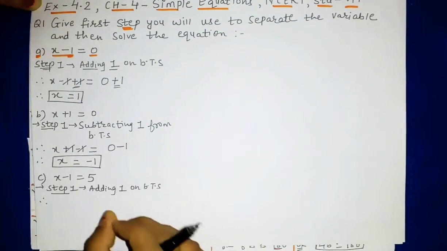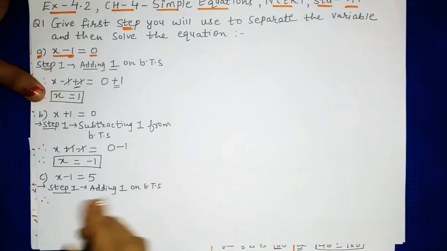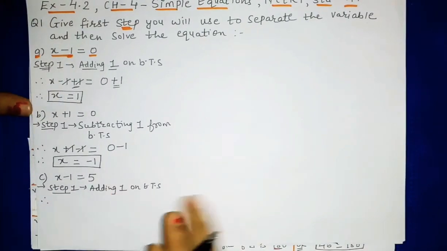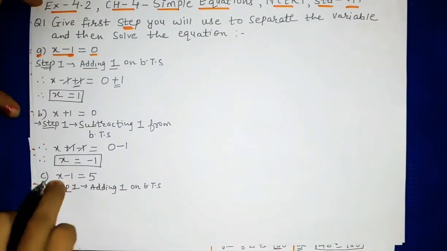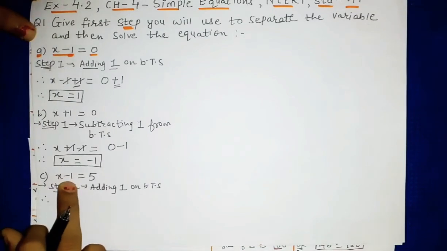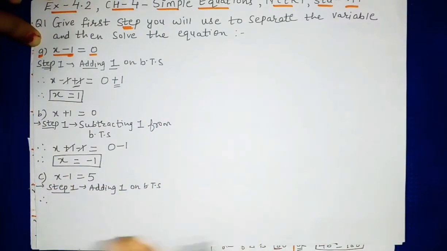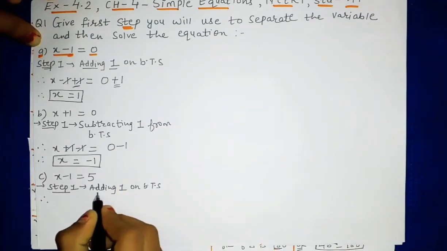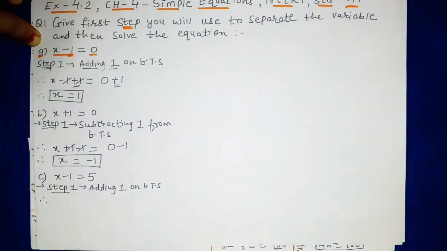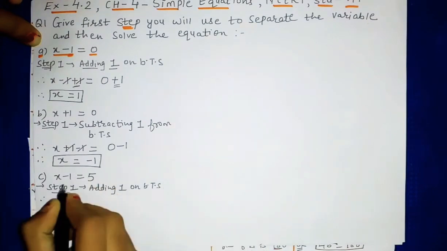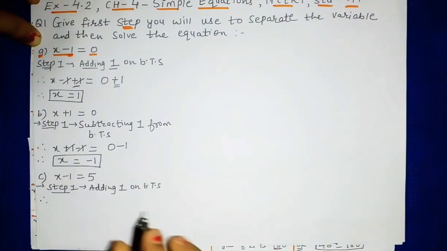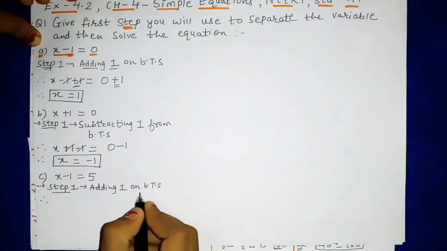Now this is our third question. X minus 1 equal to 5. So again we want only variables value. So this -1 should be removed. So again -1 माइनस दिया है तो उसका अपोजिट क्या होगा? प्लस. तो वी विल डू एडिंग 1. यहाँ पे जो भी नेगेटिव साइन आपको चेंज करके लेना है. सो -1 दिया है तो वी विल डू +1. So adding 1 on both the sides.